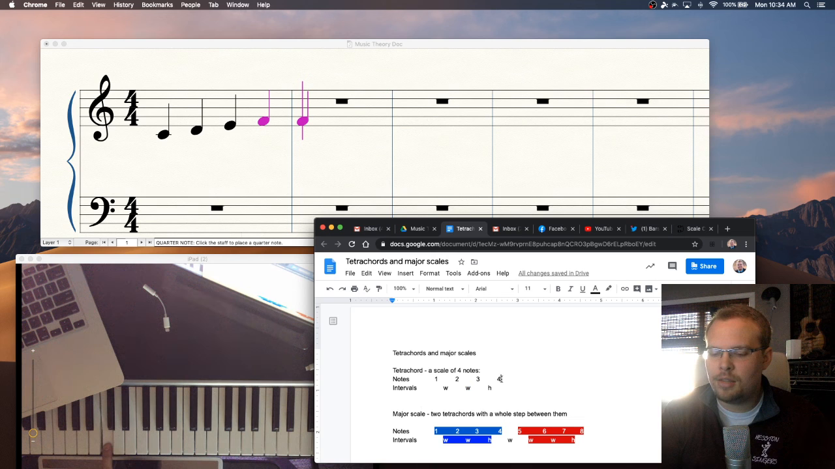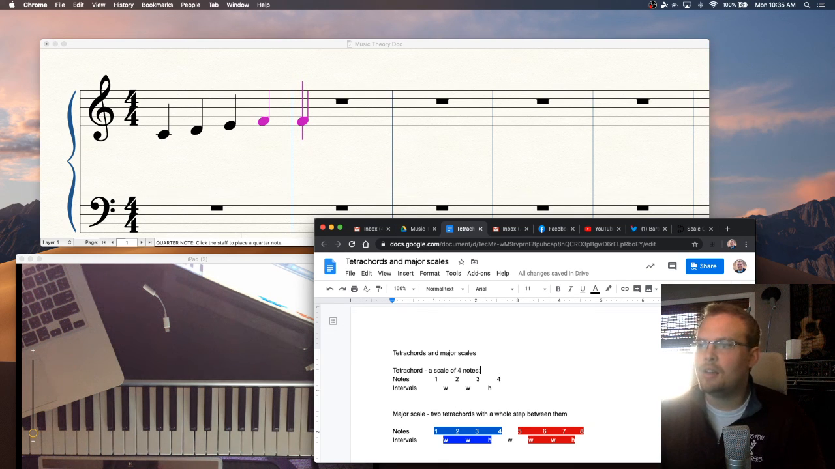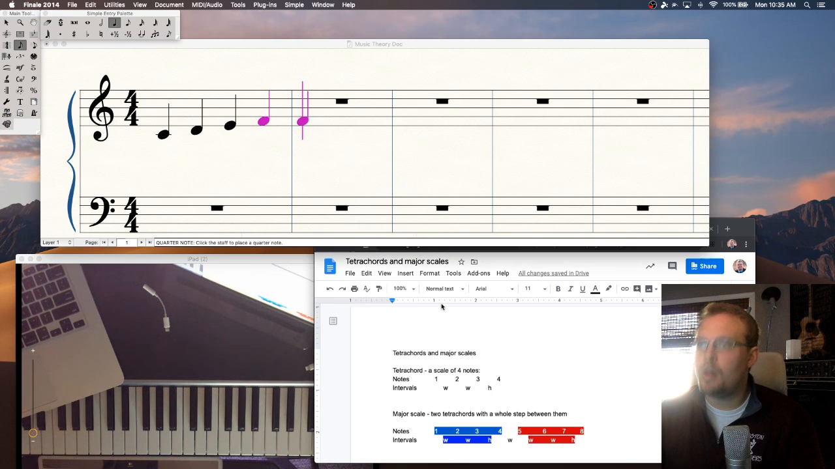So right here on the piano, we have a C. There's a note in between that and D, and then there's another note between that and E, and then there's no note in between E and the next F. So this right here is a tetrachord, okay? Now, if I take all these notes and I move them up just 1,